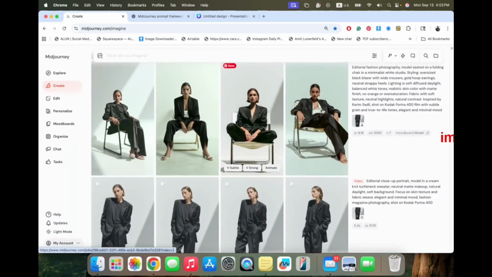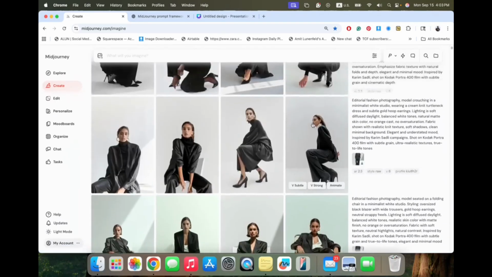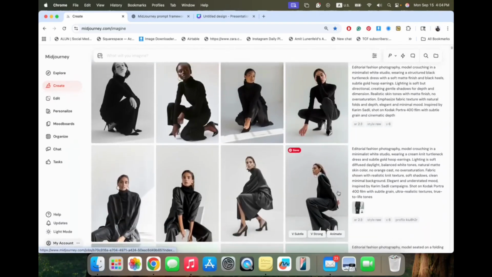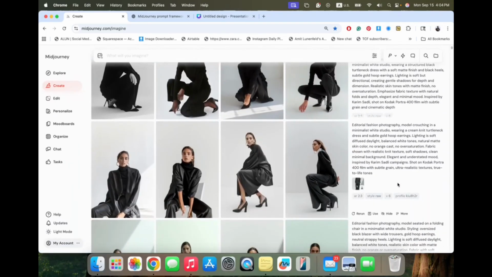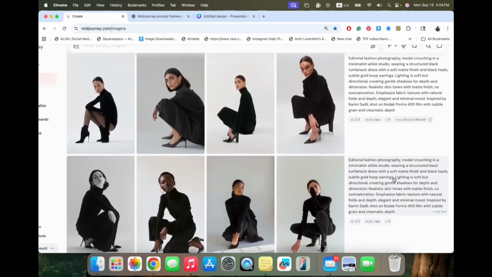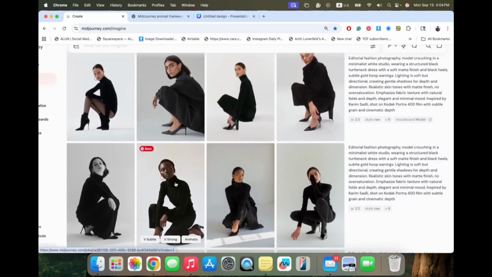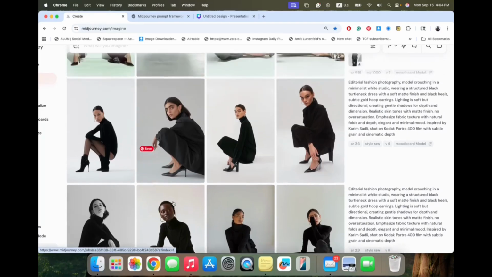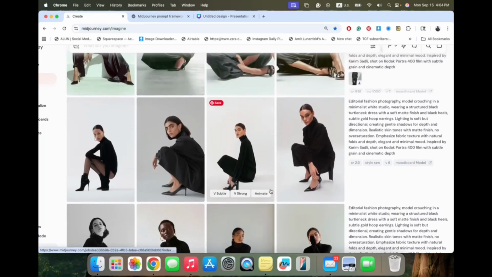I marked it. And I wanted you guys to see what happens when I'm not using the references at all. So here I didn't use the omni reference and not the mood board either. So I got completely different looks, which are beautiful, but not what I aimed for. It's not the same consistency.